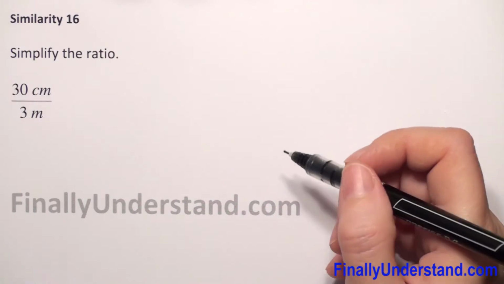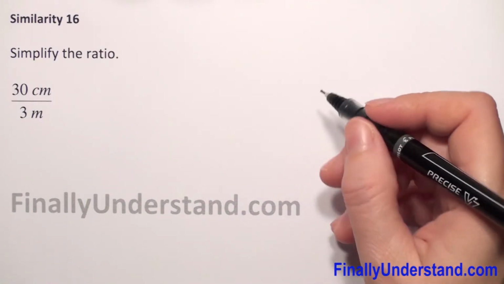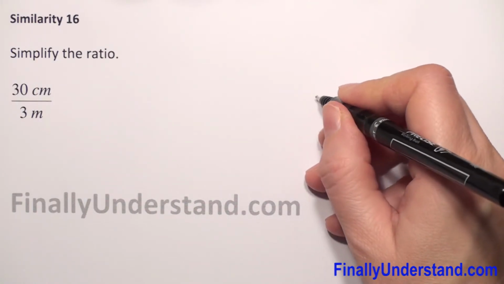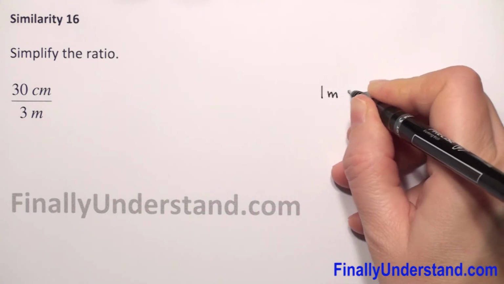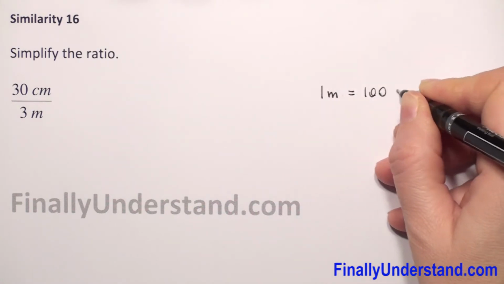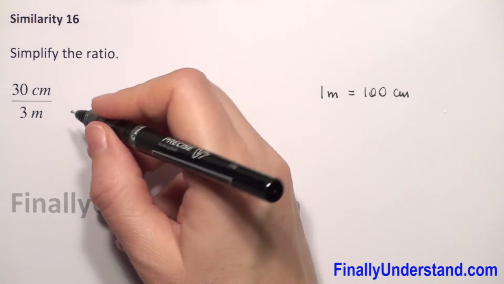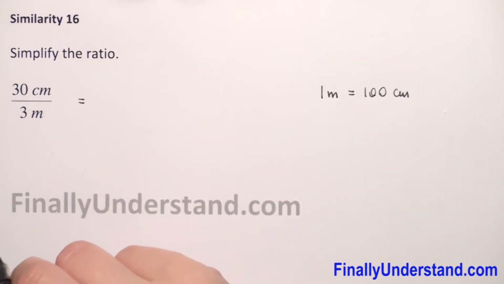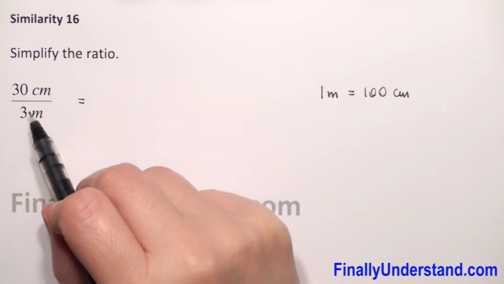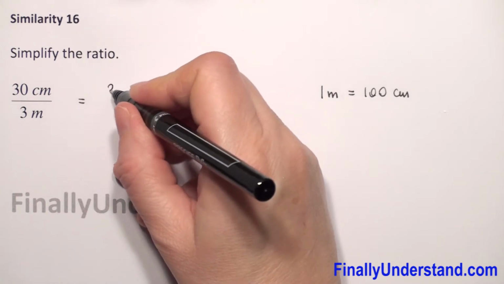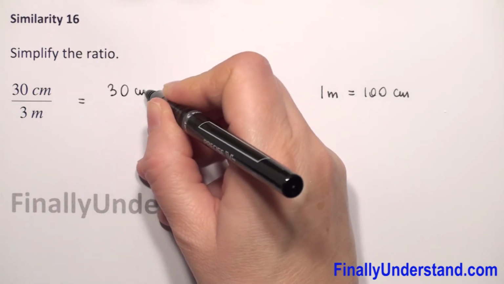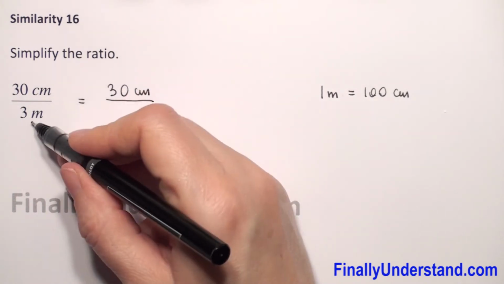We have 30 centimeters to 3 meters. Because we need to simplify this ratio, let me remind you first that 1 meter is equal to 100 centimeters. So now, what I will do first, I will copy our numerator 30 centimeters and I will rewrite our denominator